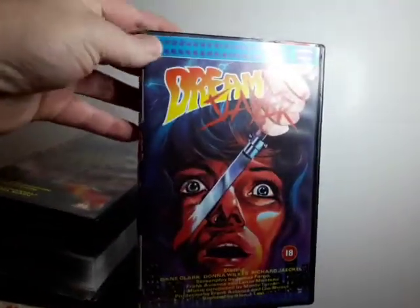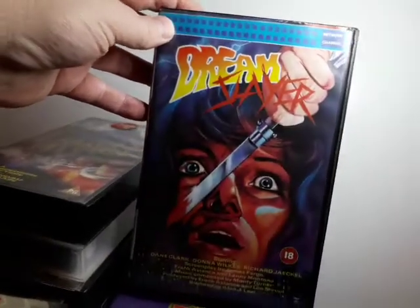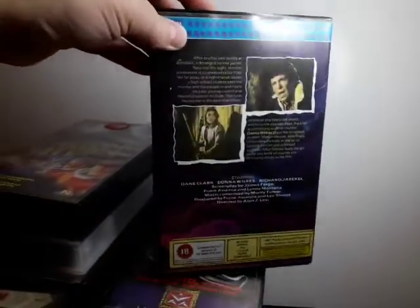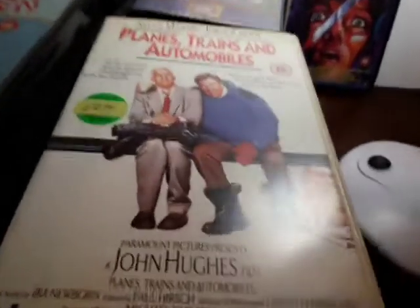And I was just thinking to myself, why am I hanging on to things like this? Some of these things that I've never even watched. I mean, that says it all, really. The artwork on some of these, even though the films might be pretty poor, for any of these films to have ever been made is a miracle. If you think about the state of the film industry today, films like this,